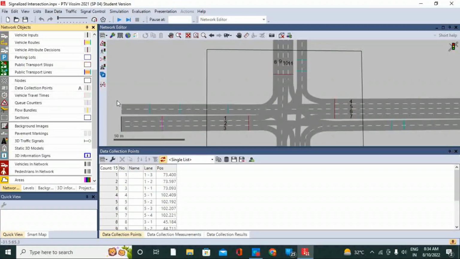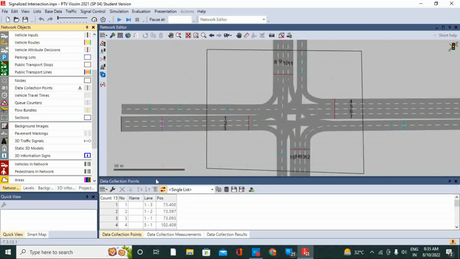Hello guys, today we will learn about vehicle travel time and queue counters, which is the second part of the data collection. In the last video we collected the data using nodes and data collection points. In this lecture we will go for the vehicle travel time in order to determine the travel time between